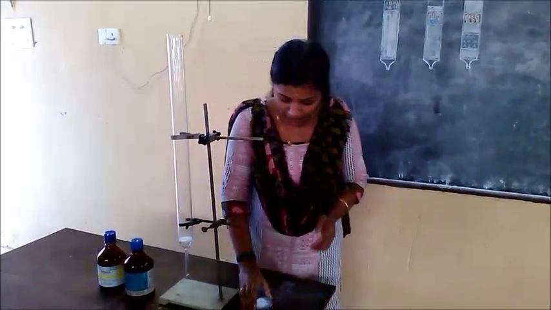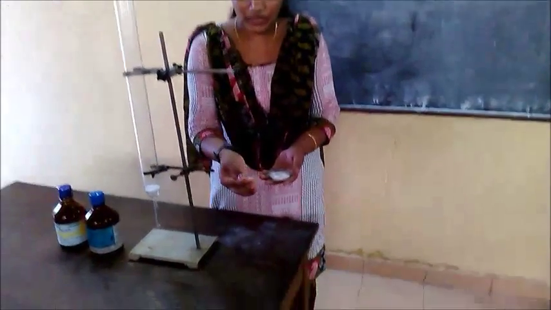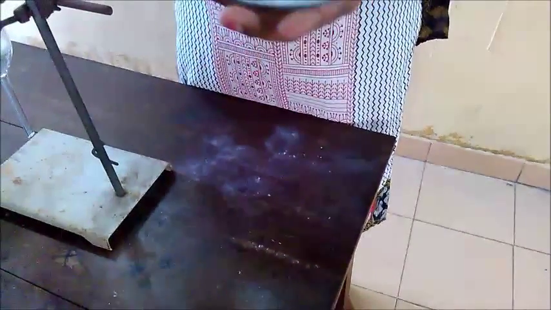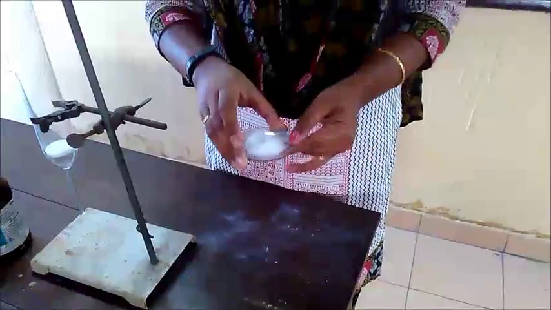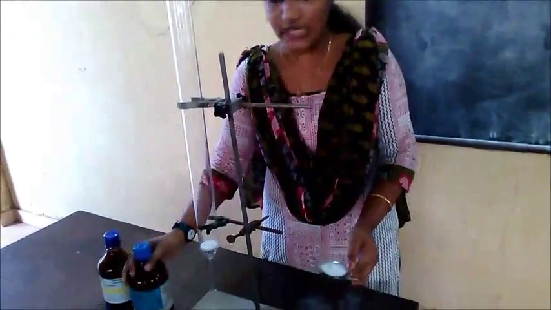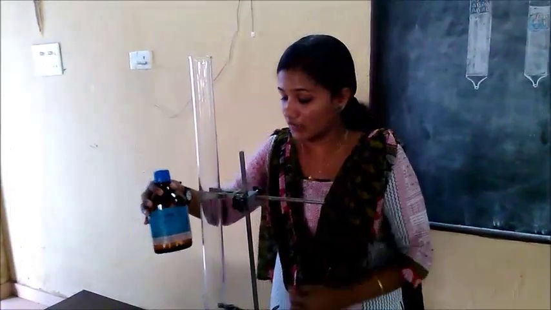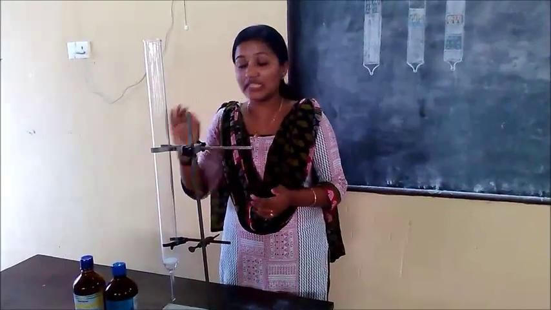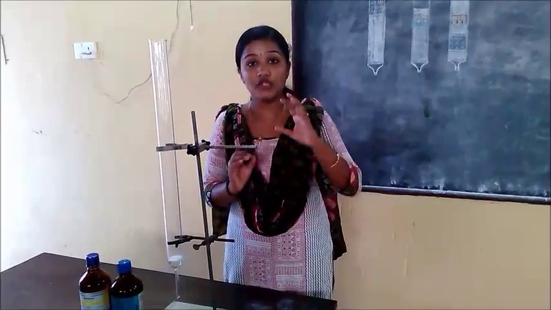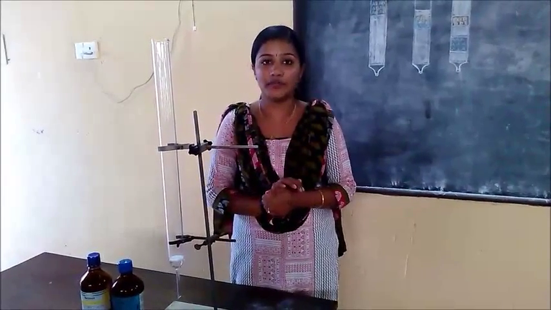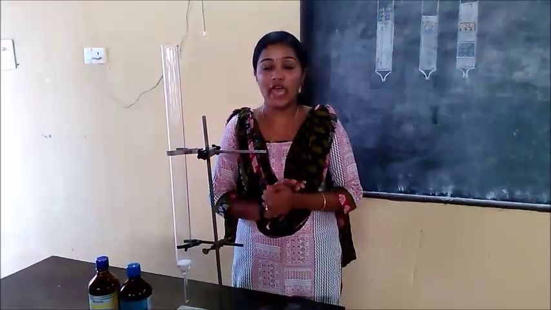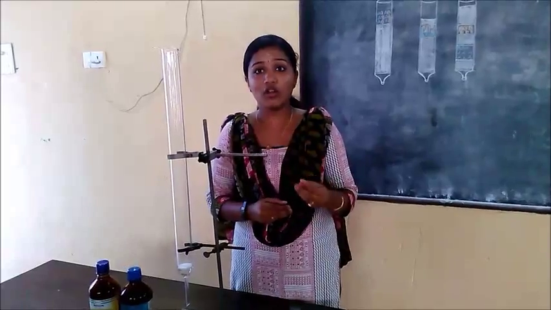The adsorbent here we represent is silica gel. This is called silica gel, and it is used as an adsorbent in this glass column. With silica gel, we use a non-polar solvent like hexane, as I told you. In order to get successful separation of these components, it is necessary that we choose the right adsorbent and solvent. Usually, the adsorbent must be insoluble in the solvent, and it must not be too coarse or too fine,